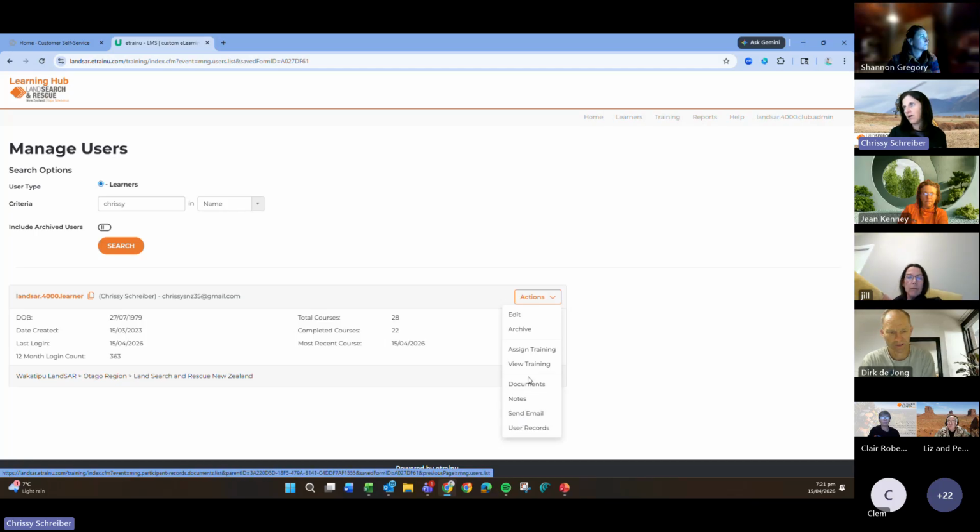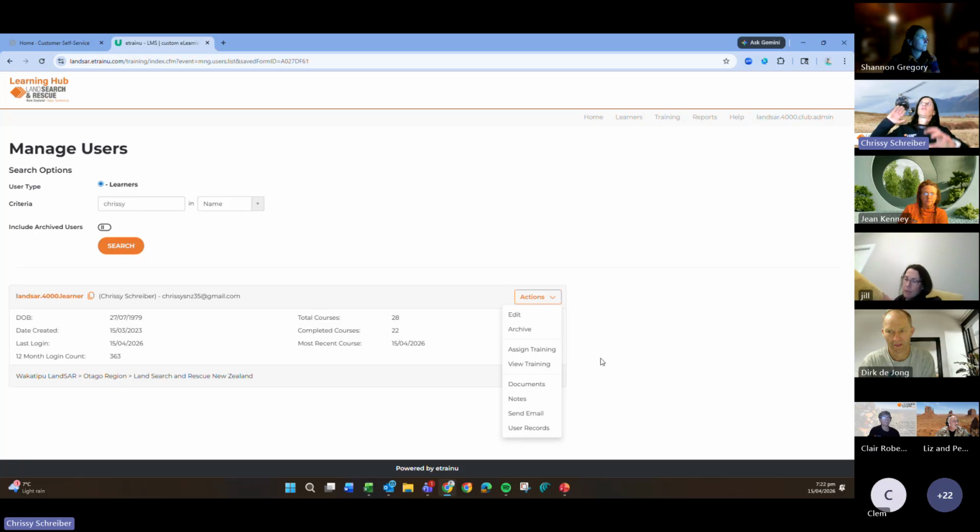or ways of keeping track of any records from your member. So I personally don't use it, but if there's anyone here that feels like this could be useful, just drop me a message and I can provide you with information on how you can use it. You can also edit your member and you can archive your learner. Please don't use those functions because